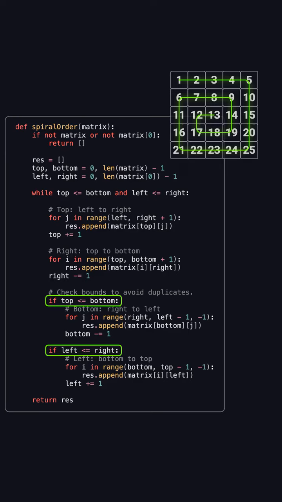There's one important detail in the code. Before traversing the bottom row or the left column, we must check whether top is still less than or equal to bottom, and whether left is still less than or equal to right. Why? Because after finishing the top row and right column, it's possible that all rows or all columns have already been consumed. Without this check, in cases like a single row or single column matrix, we would end up visiting